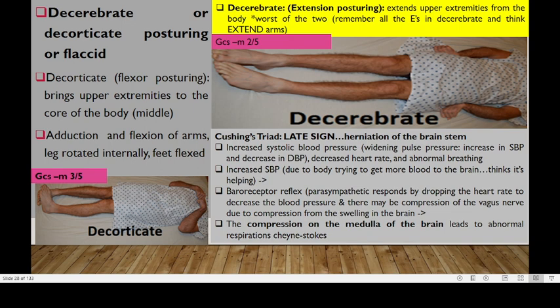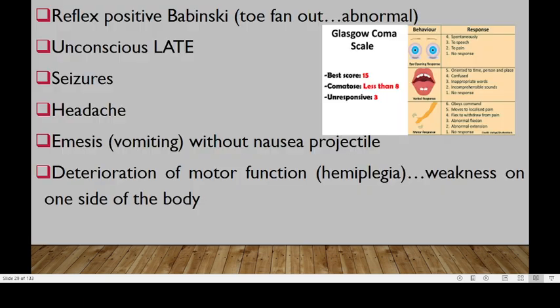Legs rotated internally, okay? And feet flexed. While on the other hand, now the decerebrate, we have extension of the upper extremities from the body, okay? It's the worst of the two, right? If you look at that. Remember, all is in the decerebrate and you just think of extension, all right? Extension for that case. We could also have a positive Babinski